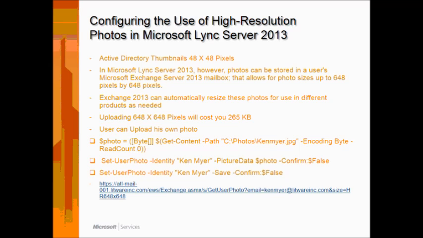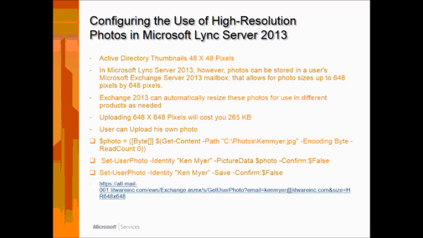If you need, you can send me an email and I can share some techniques you can use to create a folder with all of your high resolution photos, and how you can import them automatically into different user accounts using OneShot. To make sure that these photos are uploaded successfully to Exchange server, the administrator can access this